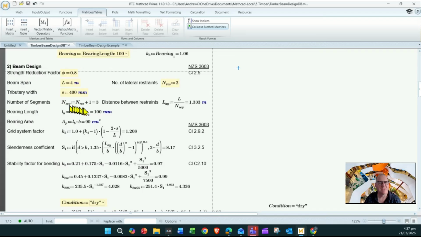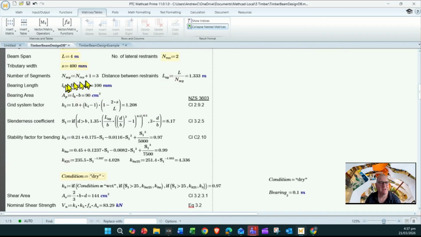And our number of segments, we've taken the number of restraints plus 1, that gives you 3 segments. So therefore the distance between restraints is your length divided by your number of segments. Okay, so you've derived your bearing length, your area is taken from the length by the width of the timber, and your grid system is actually calculated from all the things above, and the formulas are given in clause 2.9.2